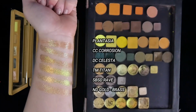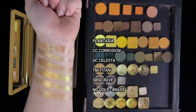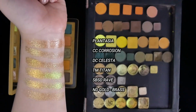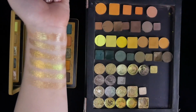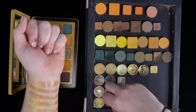So I think the closest out of these is actually Celesta from Devinah. I prefer the Natasha Denona shade. I can't believe I'm saying that, but I really do. I prefer Plantasia. I think it's a little bit more shiny and sparkly, and I like the texture a little bit more. So anyway, I'm going to go ahead and pull Celesta to put in this palette,